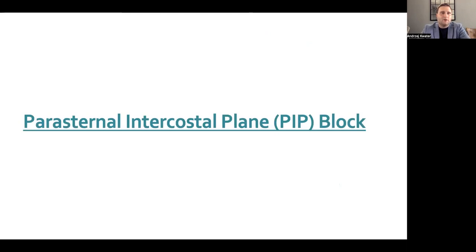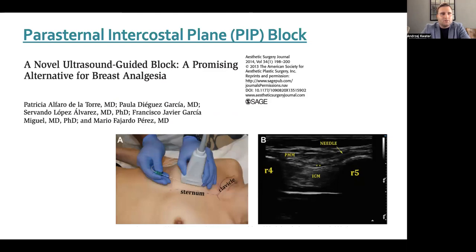Moving on to the parasternal intercostal plane block. So this was described by Dr. Alfaro de la Torre. This was utilized as a better alternative to intercostal nerve blocks to provide more sufficient analgesia for breast cases. As you can see from this image, the ultrasound probe is placed in the sagittal orientation,